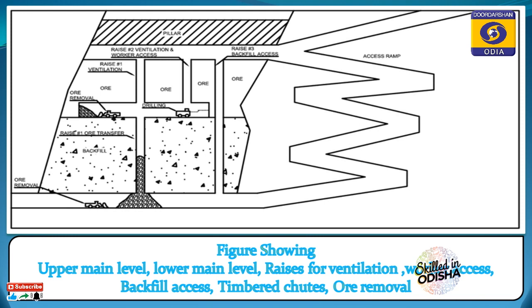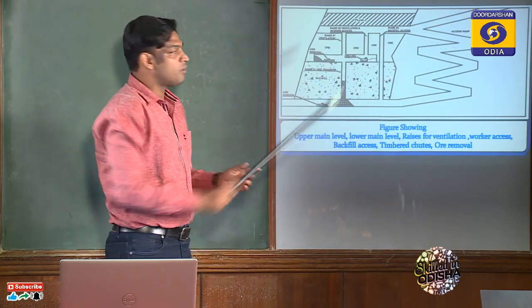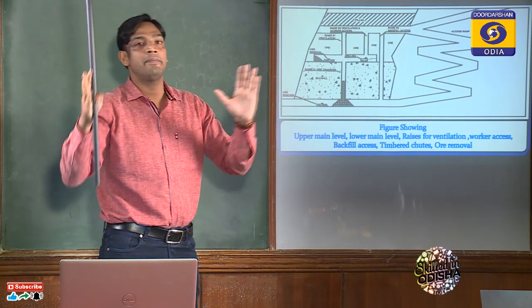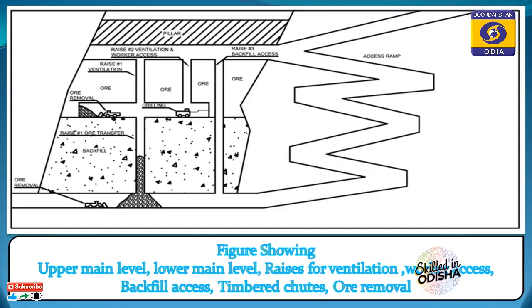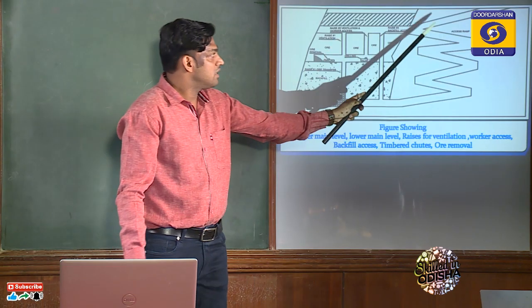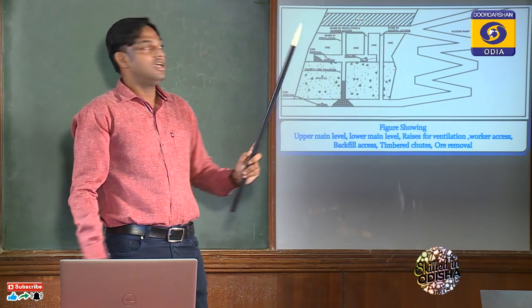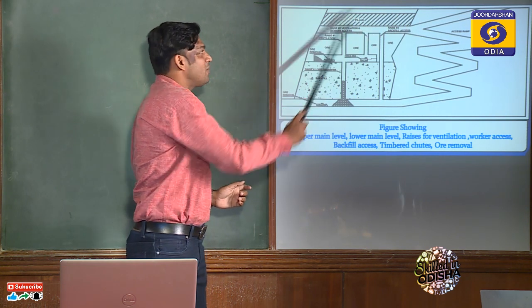This is actually the ore block. This is the access ramp from which we have driven the crosscut. In the development part, I have mentioned the crosscut. What are crosscuts? We have driven the crosscut so that workers as well as machineries can access the ore body from this ramp or incline or shaft, and now we have just reached the ore body, and we have